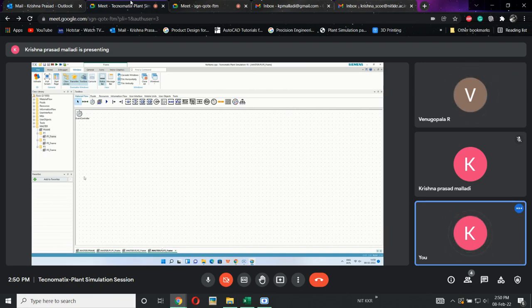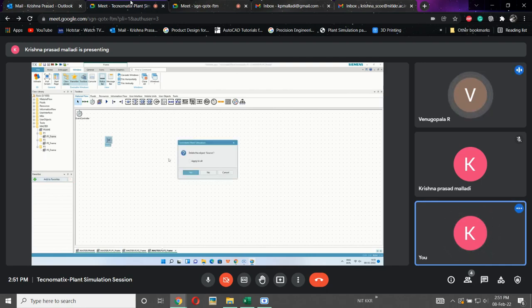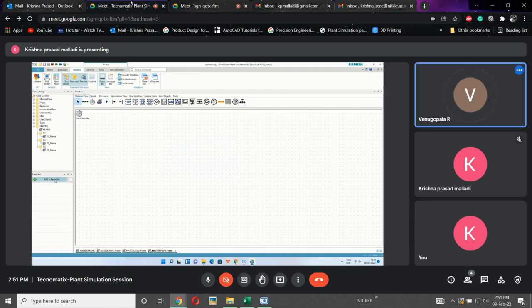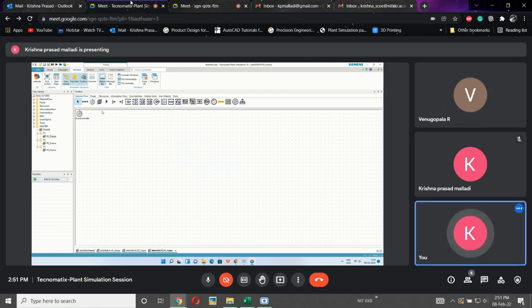Now, if you want, you can add favorites here, different tools. If there is a tool that is a favorite, then you can directly add it here by using this add to favorites. There is a certain process for doing that also. I will tell you that in later sessions. Why do we need to make something a favorite? Sir, if some tool is there that I want as a favorite tool, then I can directly paste it by using this one.